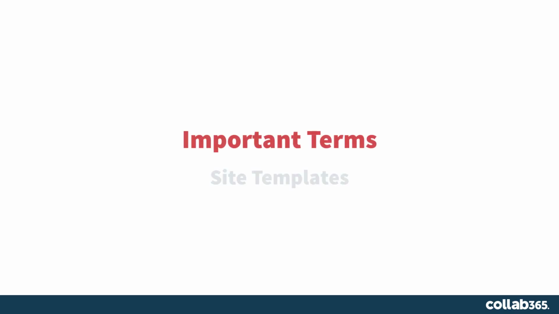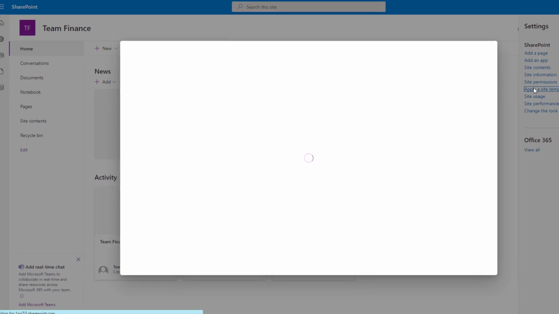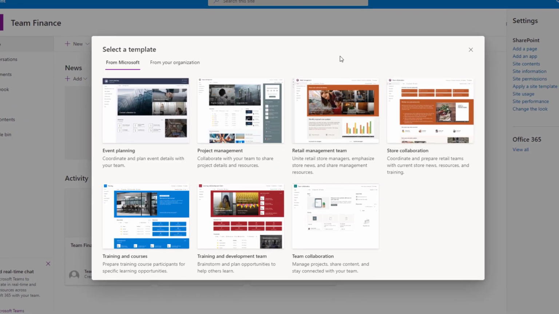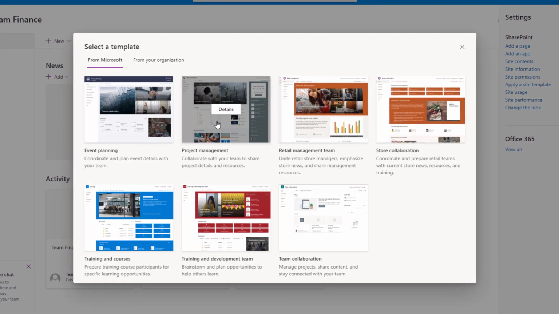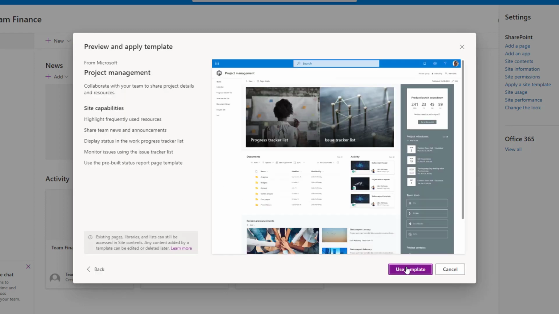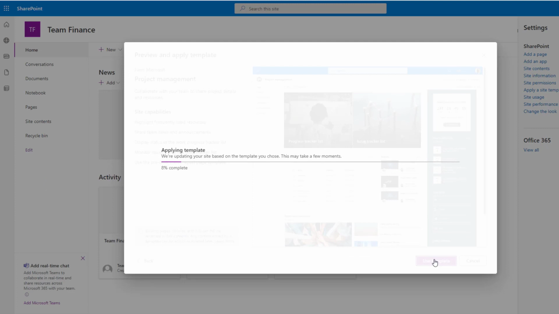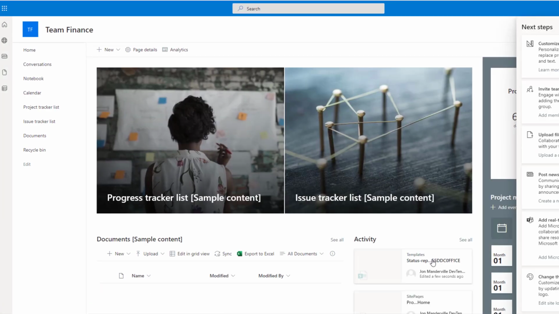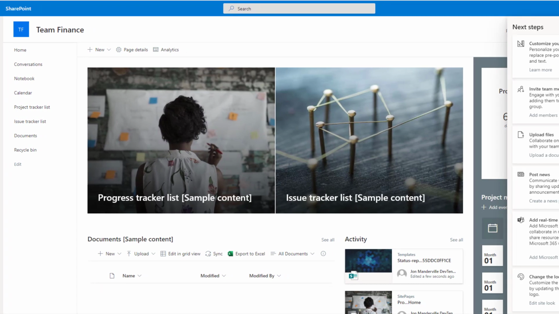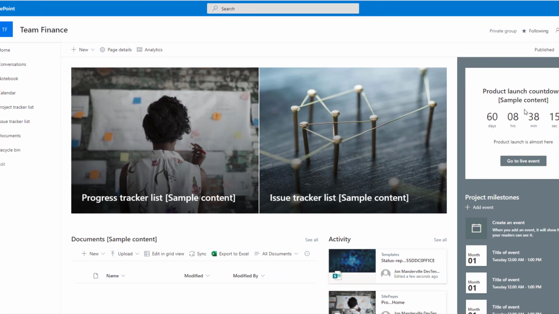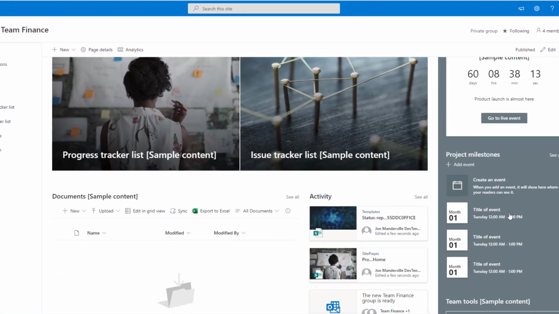Common across all types of SharePoint site is the concept of a site template. Now, a site template is simply a look and feel that you can apply for your SharePoint site, whether it's communication or a team site, that helps you build in the features that you need. You could apply a template, for example, to service the needs of a project management site. And through this template, various different web parts that we'll talk about in a moment and features will be enabled